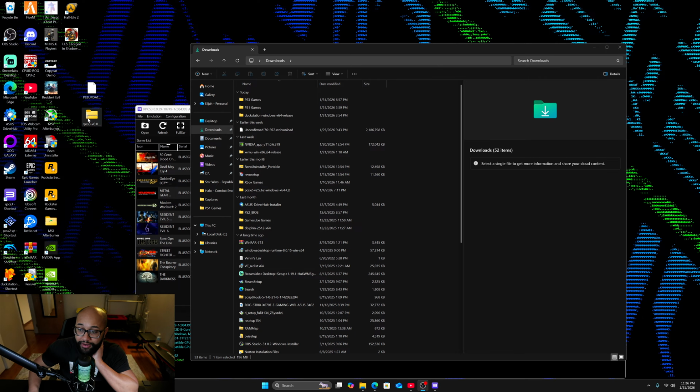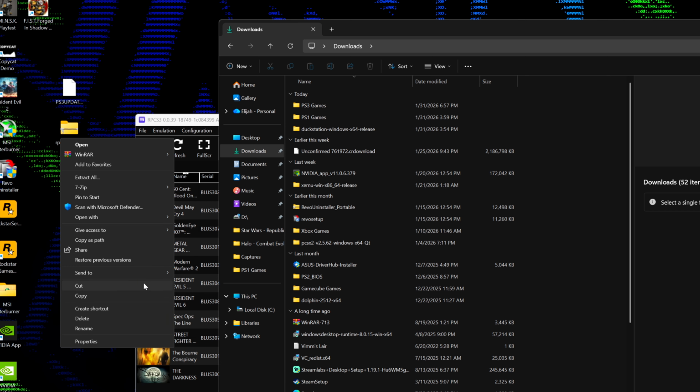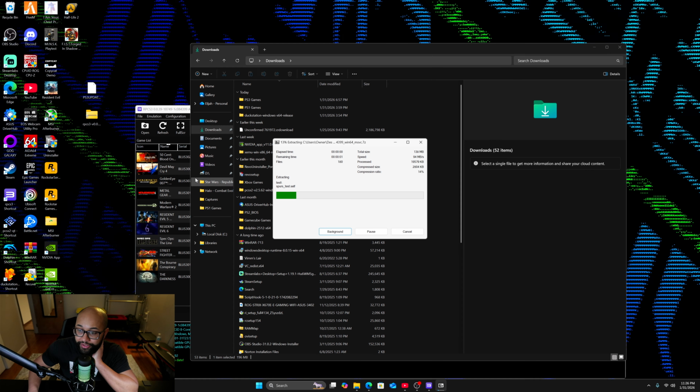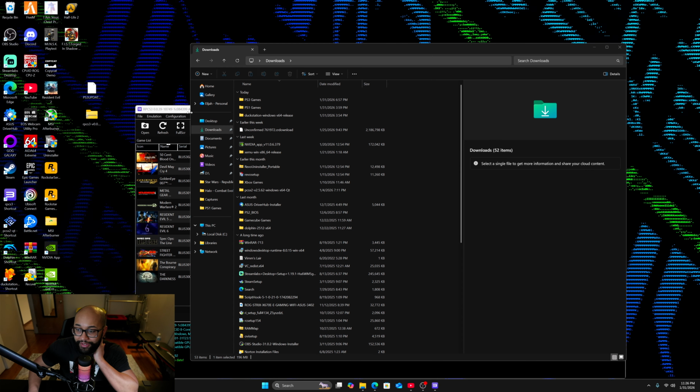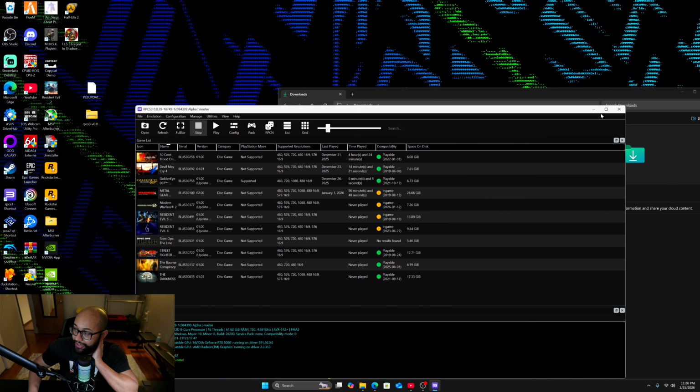PS3 emulator folder. So we're going to right click, and we're going to go to show more, 7-zip, extract to RPCS3. Okay, that's going to take a while. Yep, there we go. So now that that is done, let me just clear this out here real quick. Let me X out of this, and